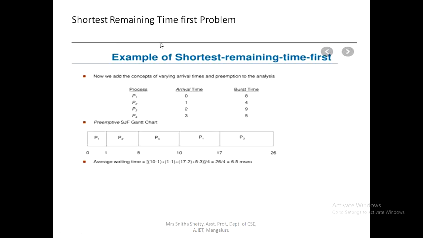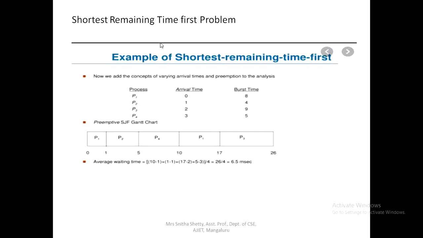So that is known as shortest remaining time first. For example, assume there are 3 processes, P1, P2, P3, and the P1 service time is 1, P2 service time is 2, P3 service time is 3. Out of 1 to 3, which has less time? P1 has less time. So first allow P1 to execute, then allow P2 to execute, then allow P3 to execute.